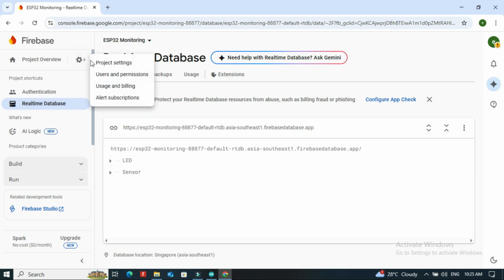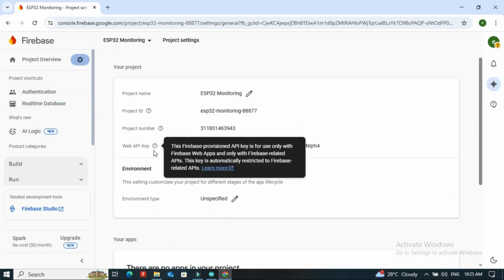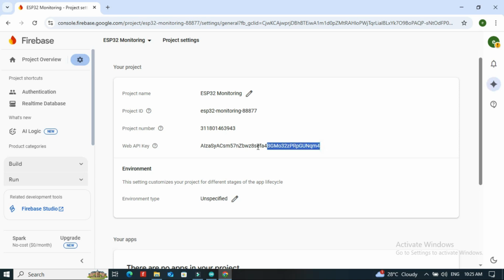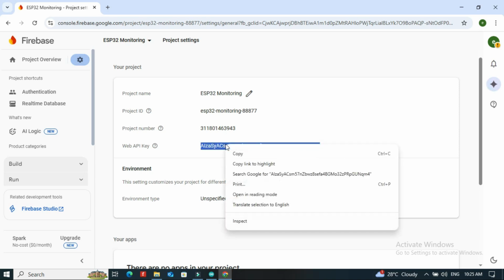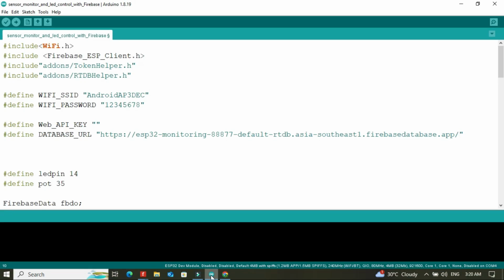Now click Setting, select Project Setting. Copy the Web API key and paste it in the code.